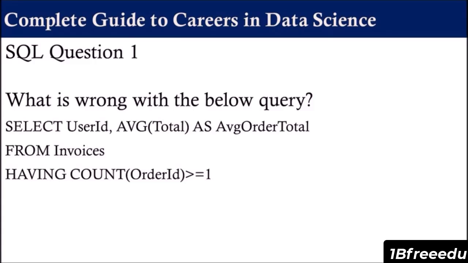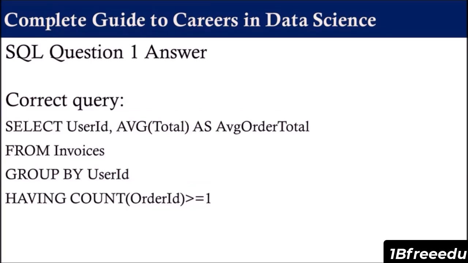The first question in SQL is, what is wrong with the below query? This query will get the average order amount by user ID for the customers who have at least one order. So we need to use group by function to group the customers by user ID. Let's have a look at the answer. Customers are not grouped by user ID, hence we have to insert group by function as shown here to correct